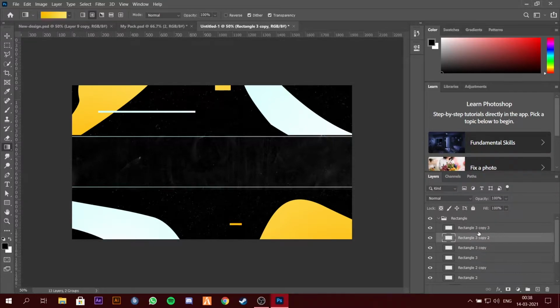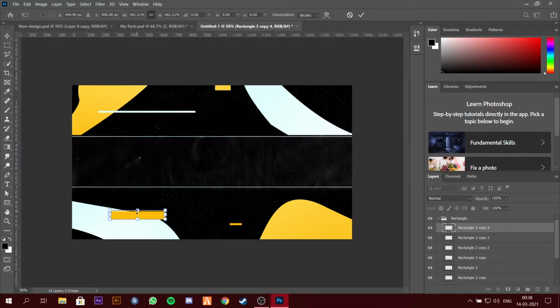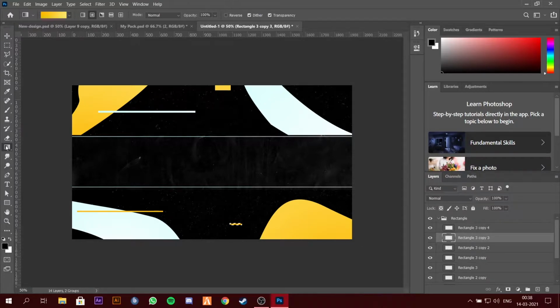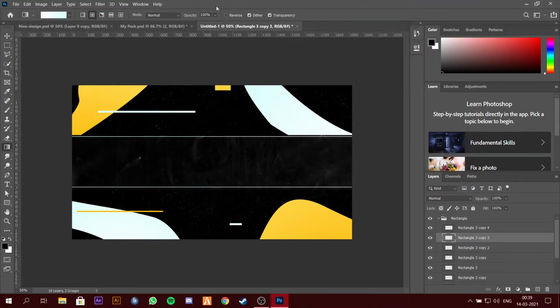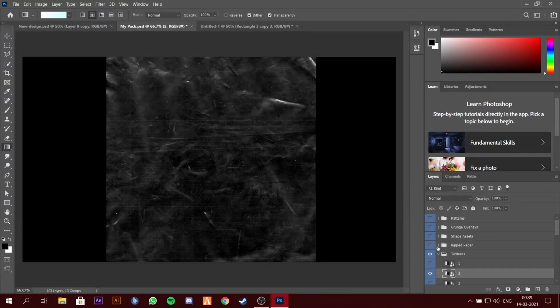So I'm going to drag this one again, just drag this one here, insert this one, sorry, just drag this one towards the end, place it here somewhere like that, and let it be the yellow color. I'll just turn this one to white, and yeah, that's it. Again, I'm going to go into my pack and grab a few more patterns